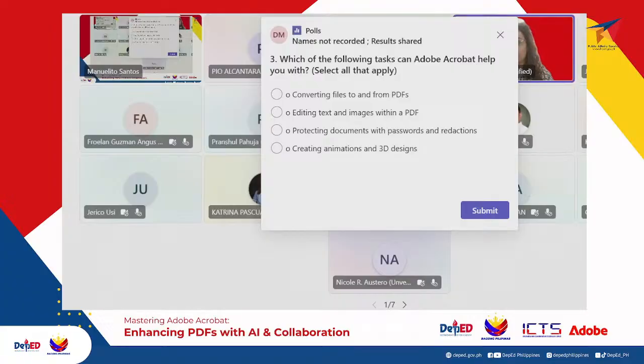And from the results, we can see that most of them have selected converting files to and from PDF. Oh, that's good to know that you are working on different file formats. And then, as I showed you, you can start from different file formats. You can convert files from a variety of file formats back to PDF. You can start with one file. You can also start with multiple files to come and start working on the PDF part as well. What I'll show you in the next part is if you want to export it to different file formats, you can do that as well.